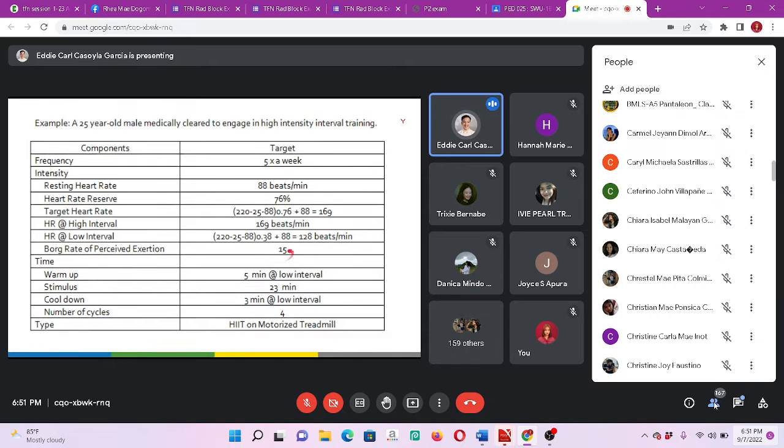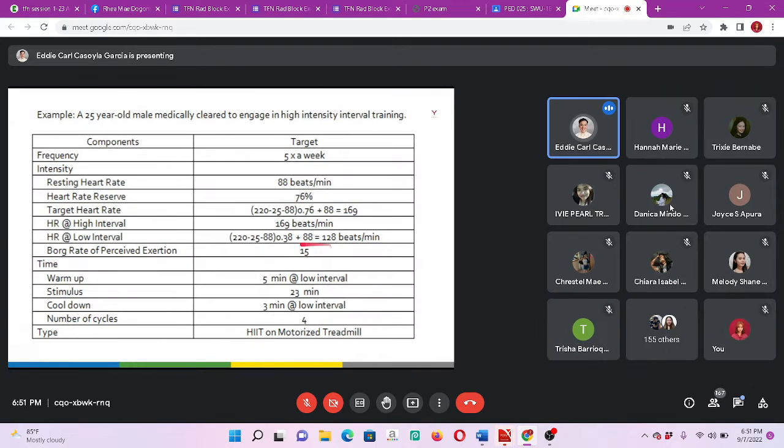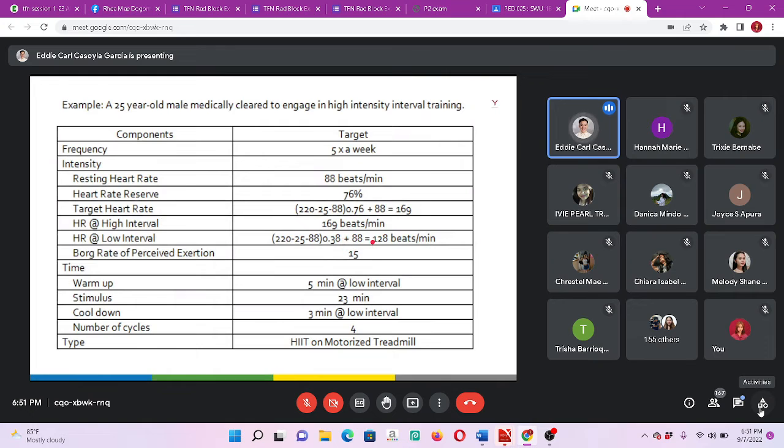Okay, so instead of writing 5, which is hard, use the modified scale. So for moderate, 3, and then for light intensity, 1 or 2. So you decide. And let's continue to the next component, which is about time. So for that time, these will be the components of